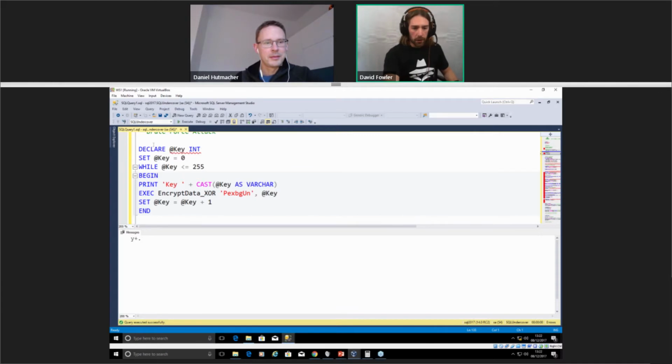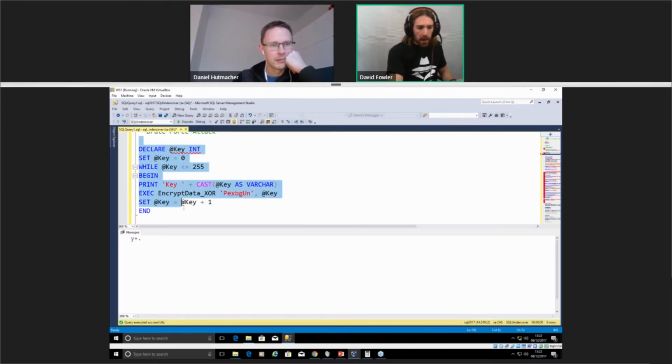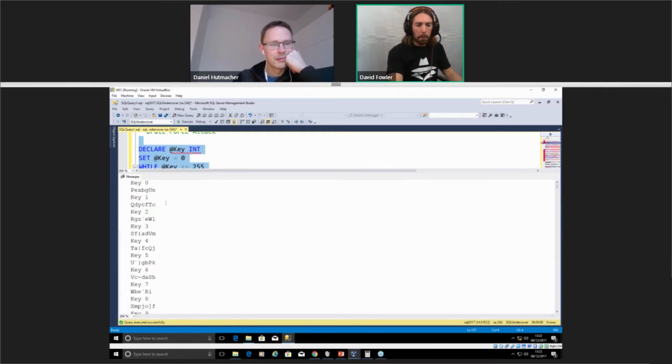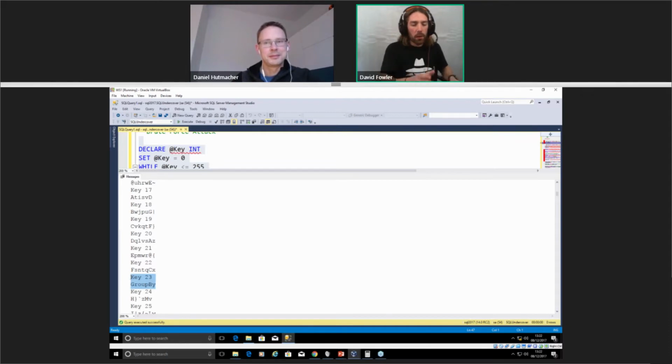So we're going to run this little section of code. Now, this section of code, we're going to pass in our encrypted ciphertext, and we're just going to loop through every single possible key value. And remember, because we use an 8-bit key, we know the maximum key value we're going to have is 255, the biggest number that you can have in an 8-bit byte. So if we run that, we get back a load of possible plain text values. All we have to do now is just scroll through those plain text values until we find something that makes sense. And there it is. There is our original plain text now decrypted for the world to see.